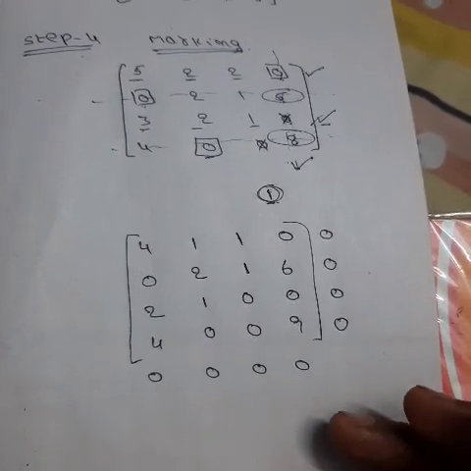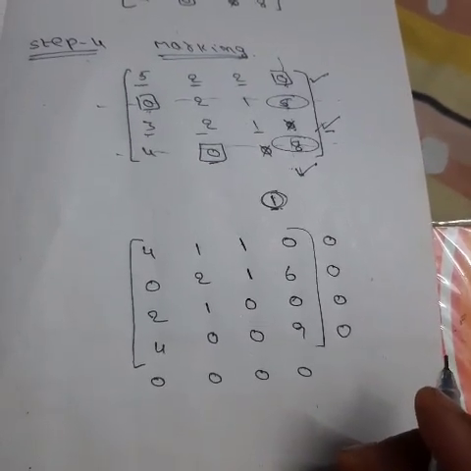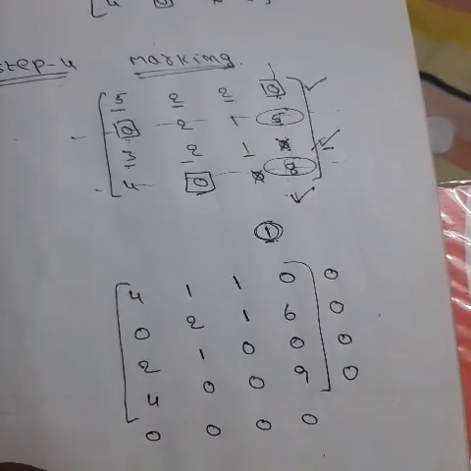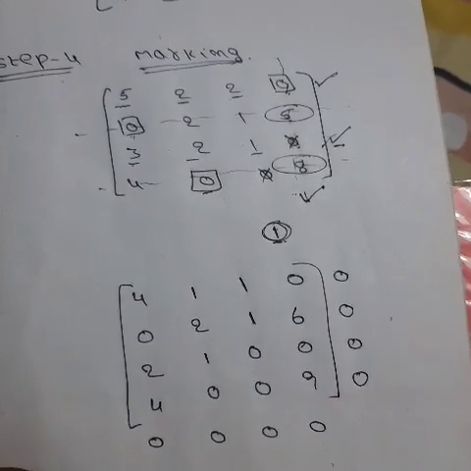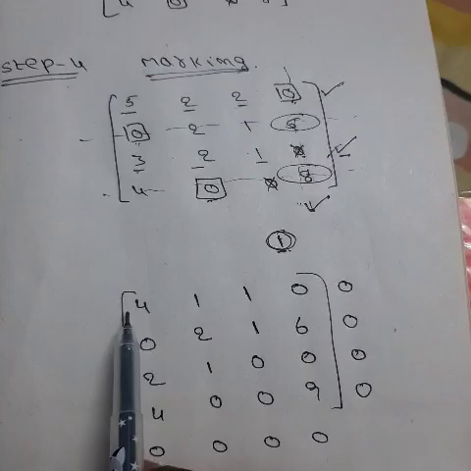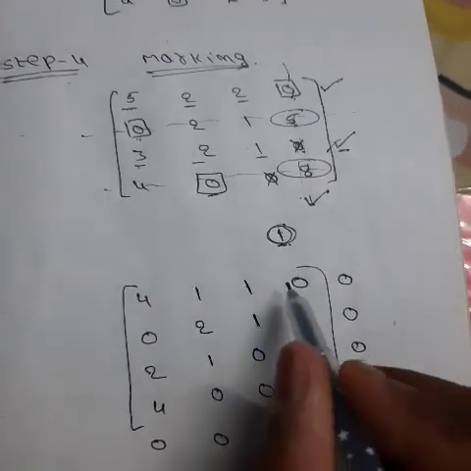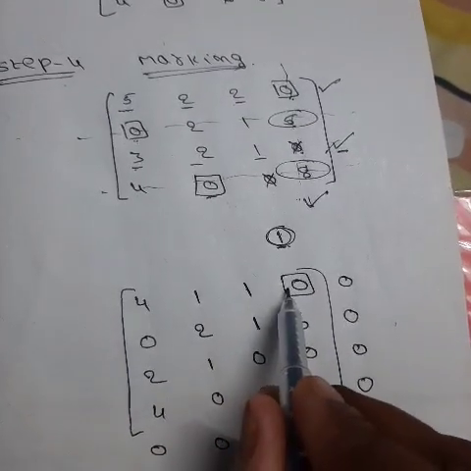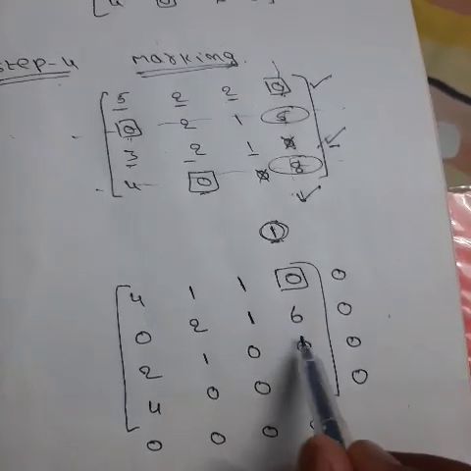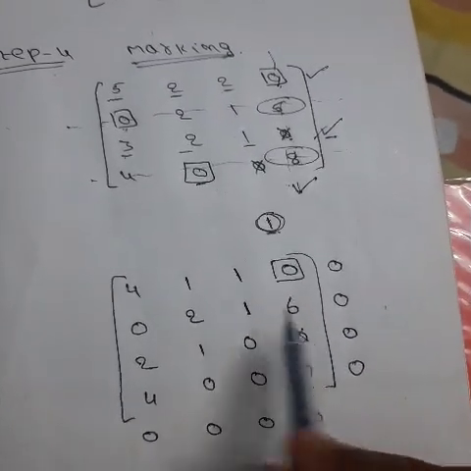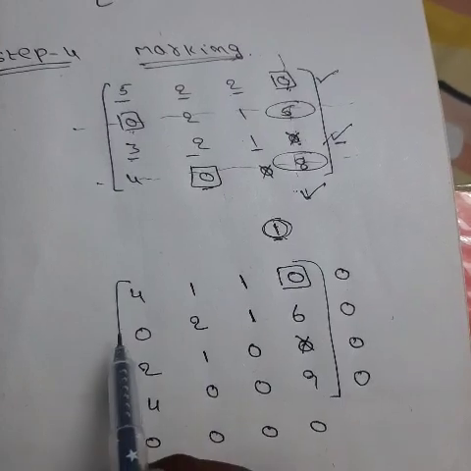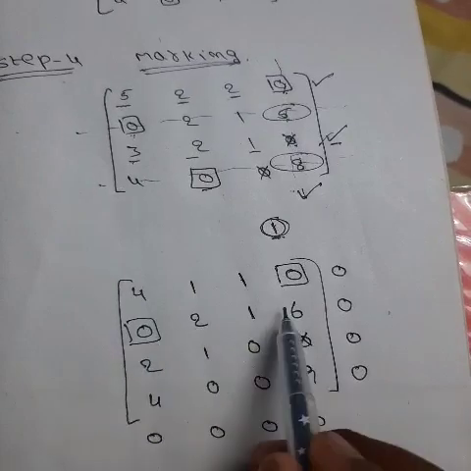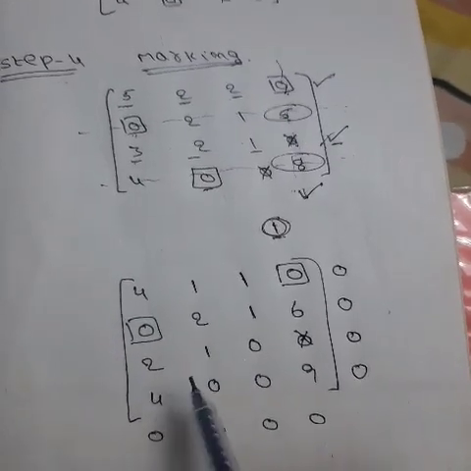So now we jump directly to the third step, assignment allocation. Under assignment allocation, the first and foremost rule is you have to select a row having a single 0, not more than that. So observe the first row has only a single 0, so give an assignment for it, and then you have to strike off any 0 in the corresponding row or in the corresponding column. So here it is a 0, so we will strike it off, and then the second row is also having a single 0, so we will give an assignment for it and identify the zeros in its corresponding row or column. There are no zeros, so no need to worry.